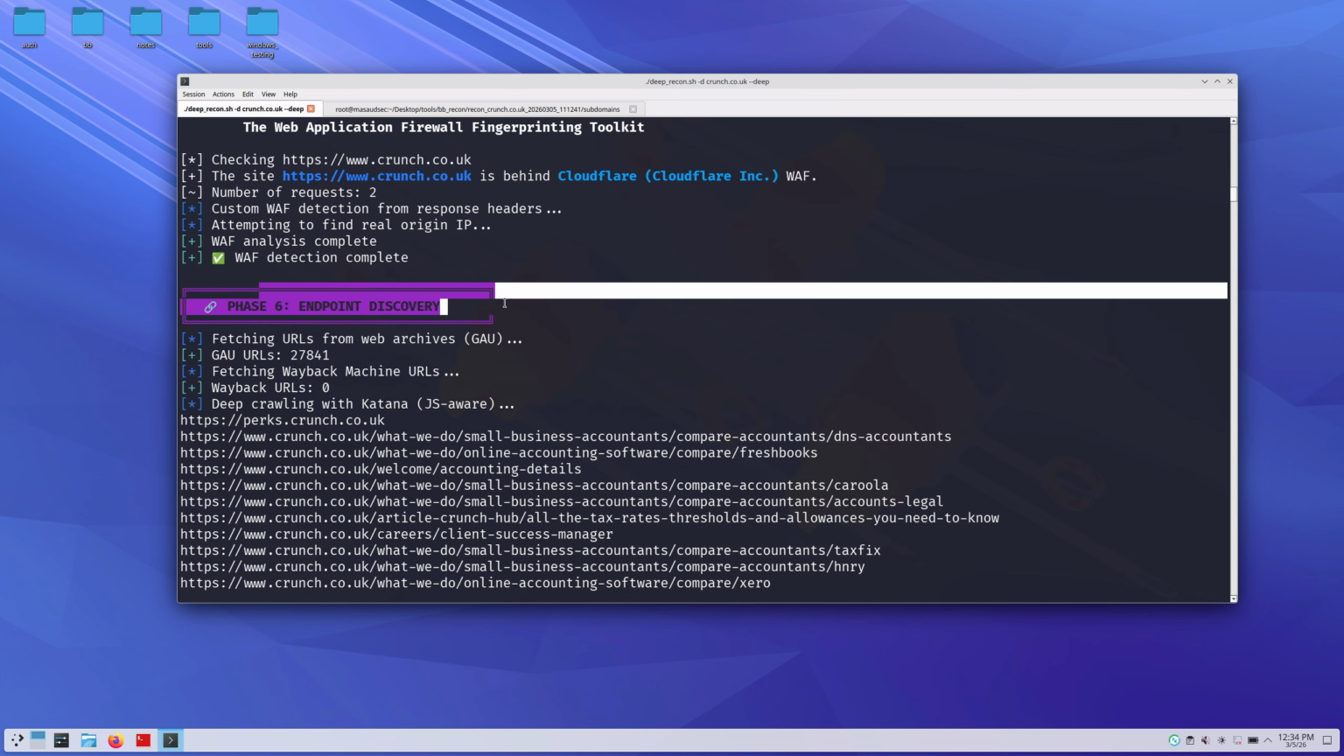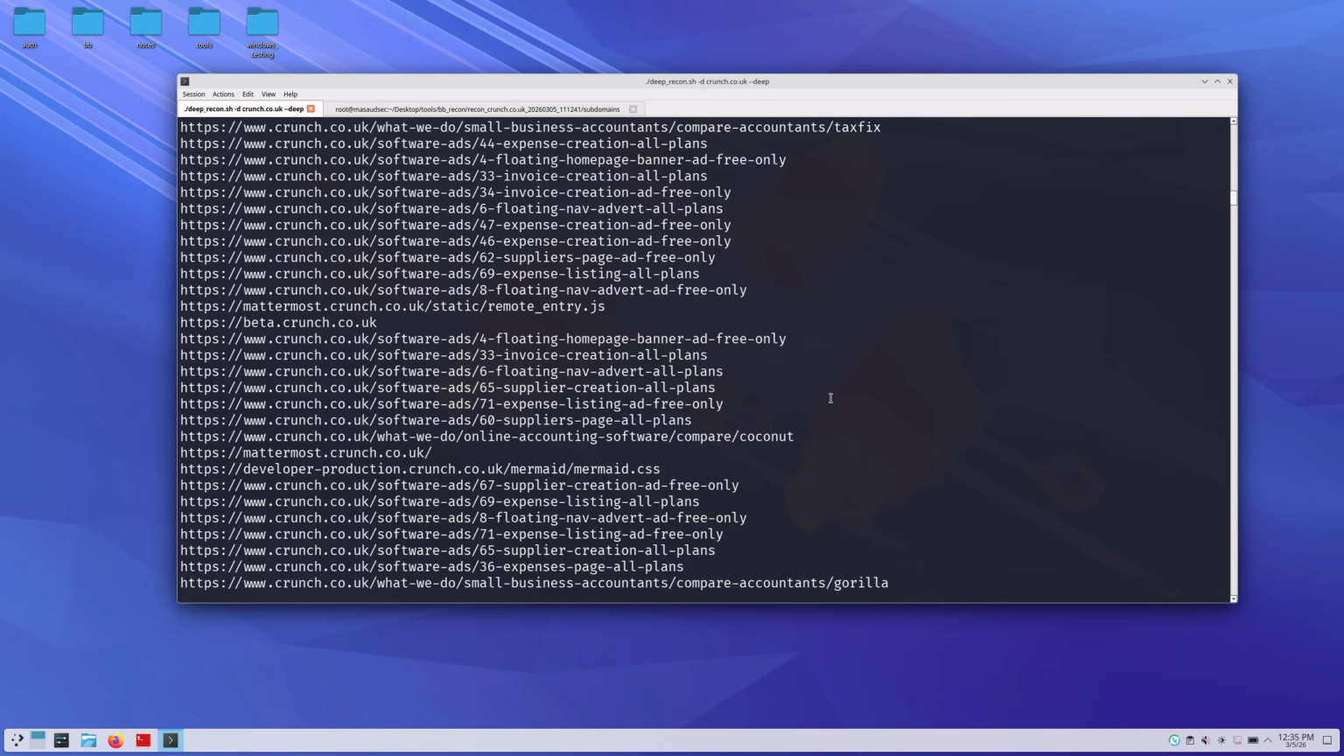Now we have phase number six. Phase number six is really important. Why? Because it is the phase of endpoint discovery. It will be used to find URLs and endpoints related to the target. It will be using the gau tool, getallurls, Wayback Machine, Common Crawl, and other archives, and it will perform